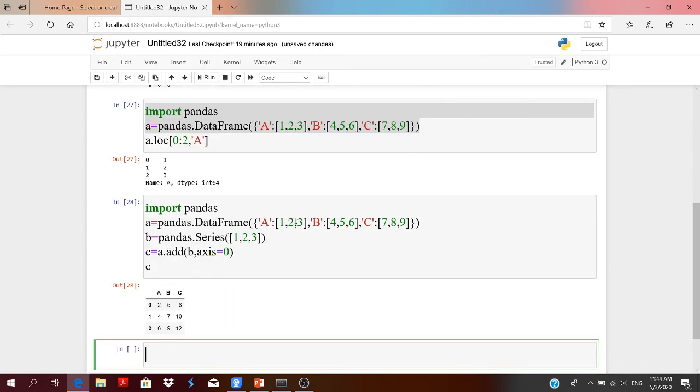See here, the first one will be added to 1, it will give you 2 as the first element. Then 2 plus 2 will give 4, 3 plus 3 6. Similarly 4 plus 1 5, 5 plus 2 7 and 6 plus 3 9. 7 plus 1 8, 8 plus 2 10, then 9 plus 3 12. In this way you can apply binary operations on your data frame.